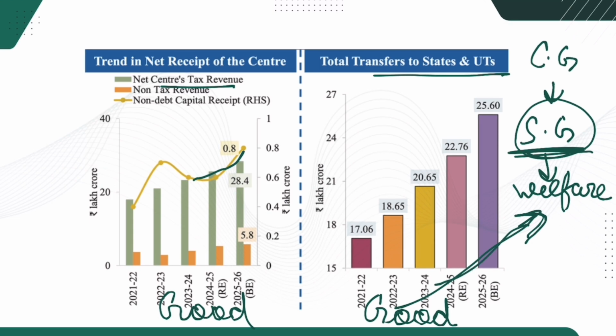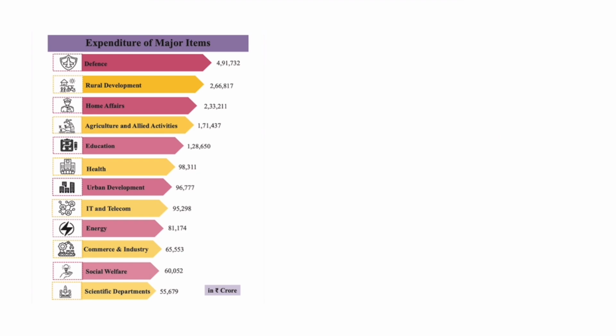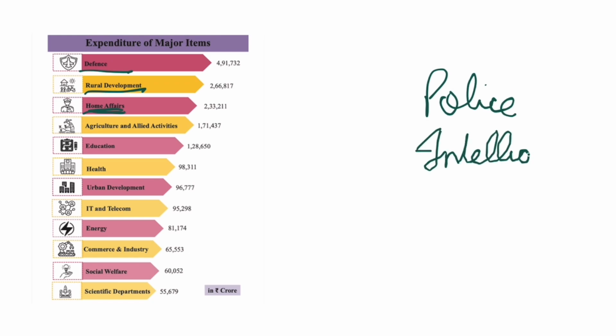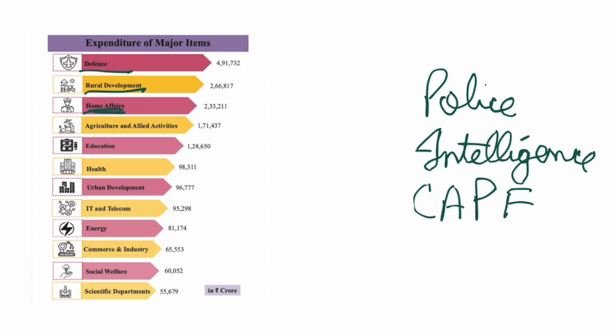All right. Now, as far as total expenditure is concerned, let's talk about the sectoral distribution of this expenditure. So most of the expenditure is done on defense. Then next is rural development. Then next is taken by Home Affairs, the Ministry of Home Affairs, which handles police, intelligence agencies, paramilitary forces like CRPF, Assam Rifles, Sashastra Seema Bal, Border Security Force, all that. Then agriculture, then education, health, and the least amount of expenditure is done on scientific departments, research and development, scientific